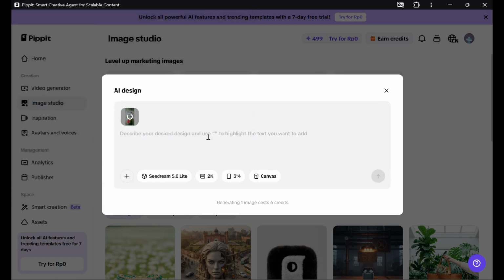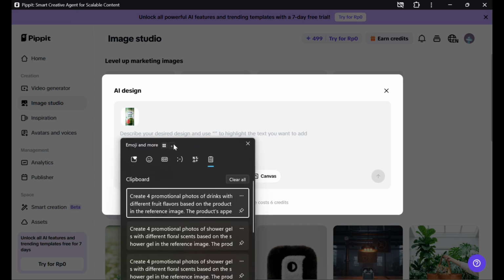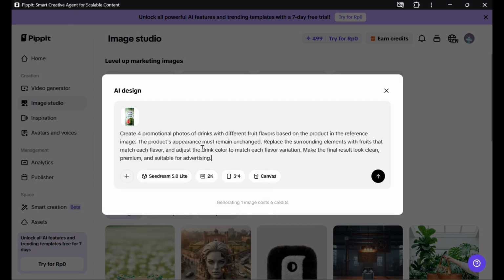And then next, once your image is uploaded, you can directly type your prompt about the multiple product photos that you want to create. In here, I want to write a prompt like this: create four promotional photos of drinks with different fruit flavors based on the product in the reference image. You can just